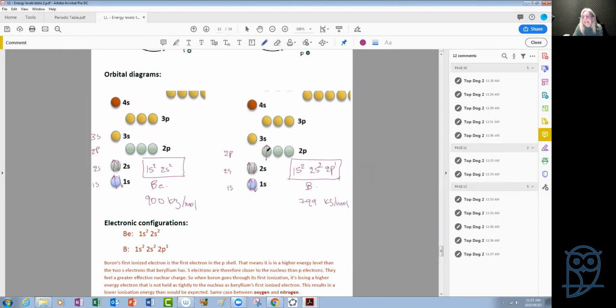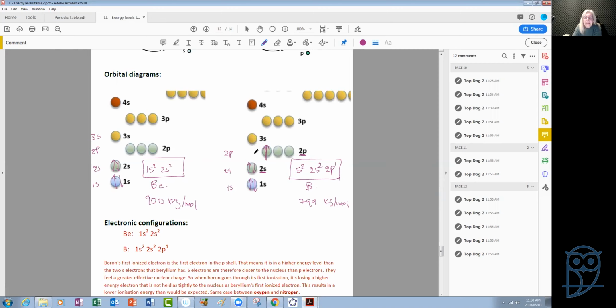I mean, it's in a subshell of the second energy level, but the p subshell has slightly more energy than the 2s level. That is why the 2s levels complete first before the p orbitals, isn't it? So the electron in this orbital has a little bit higher energy, and